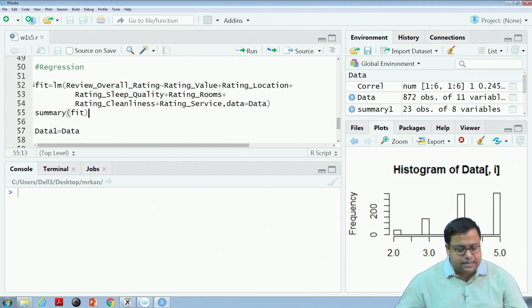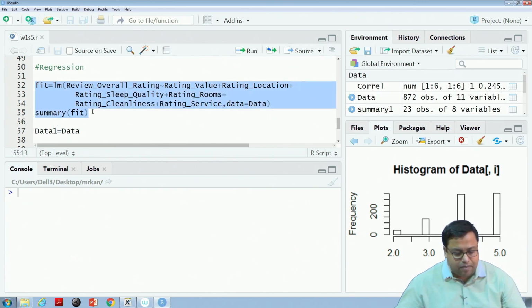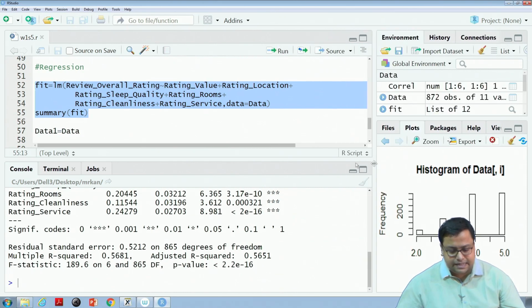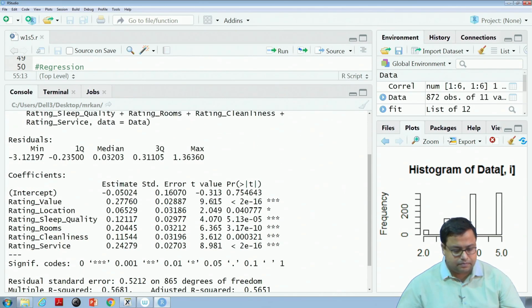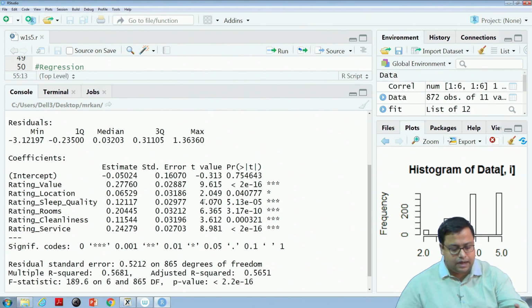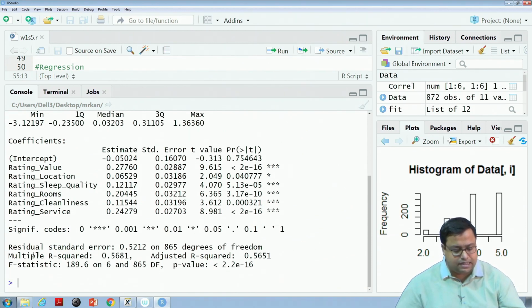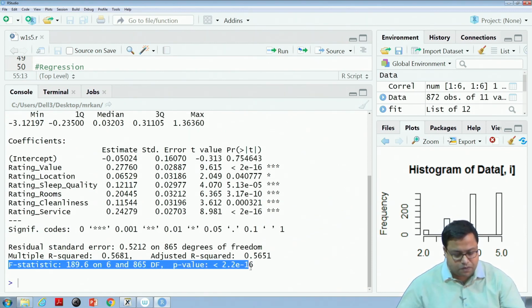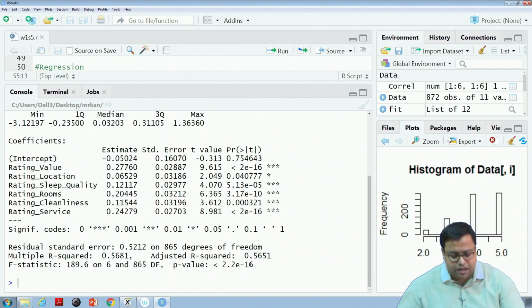Once I run this and want to see the summary of my fit, the summary of the result, I see something like this. The first thing I will see is the F statistic and the corresponding p value. The p value is 2.2 e minus 16, which means 2.2 times 10 to the power minus 16.